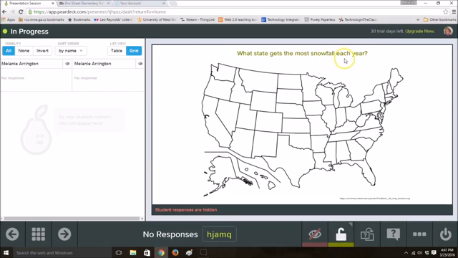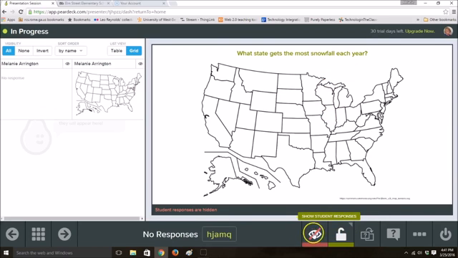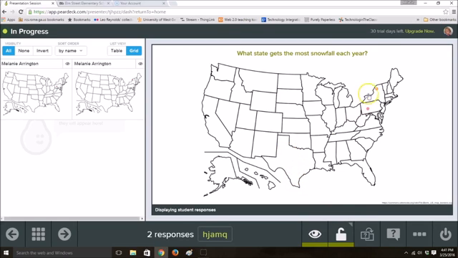On this slide, the students will drop a dot on the map where they believe the state gets the most snowfall. Down at the bottom, you see the eye with the slash. This will allow you to view, or students to view, other students' responses. With it green, you can see where the students have put their dots. When it's red, others cannot see where other students have responded. Moving to the next slide,